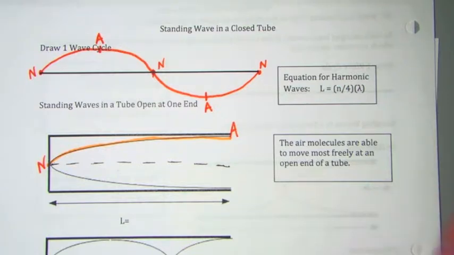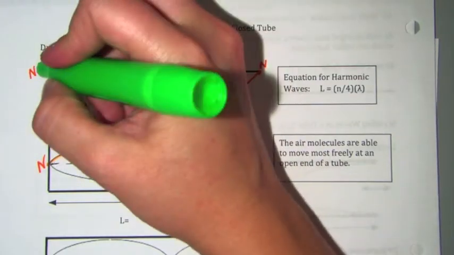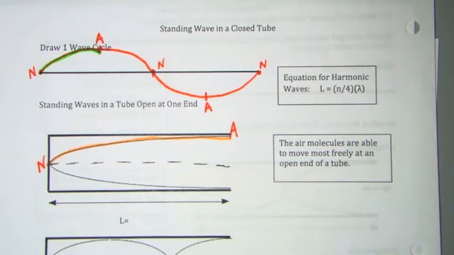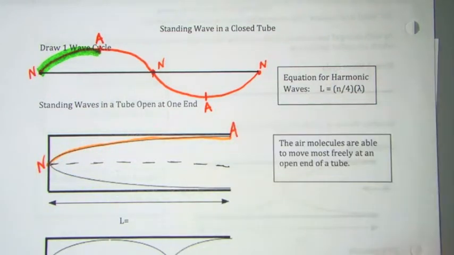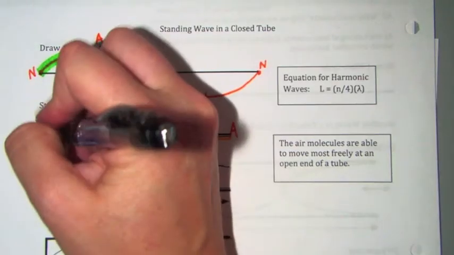No, I always go up first. So on our wave at the top of the page, now I want you to highlight from node to antinode. Okay? At the top of the page, we're highlighting from node to antinode. Why are we doing that? Well, I want you to realize that in the closed pipe, at the first harmonic, the fundamental frequency, this is the first harmonic,